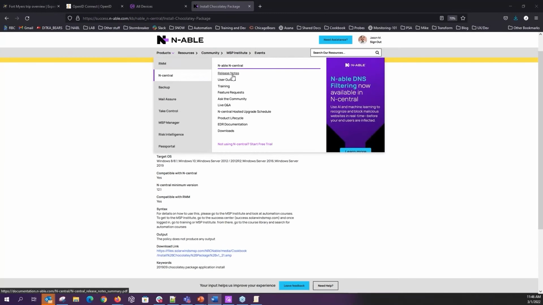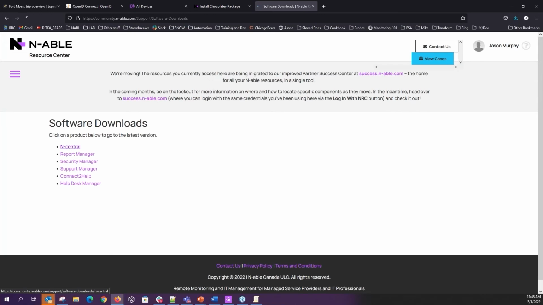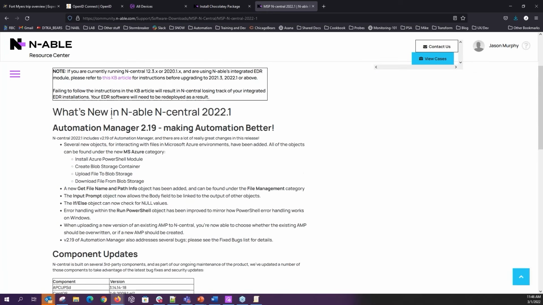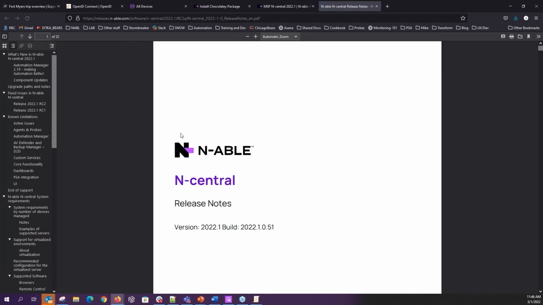First thing I do is go to N-central, and under user guides or maybe downloads, because I think it's under the product versions. So something like this, where is release notes? Because in every set of release notes are